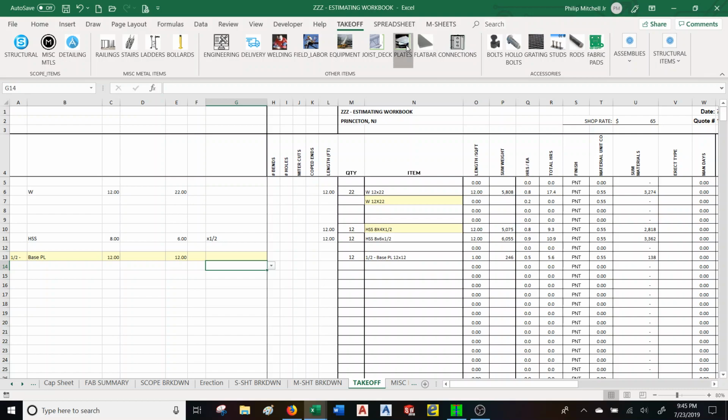Plates again. Let's pick a gusset plate. Usually it's 6x6. All of those. Now, stiffeners are very different. There's many different types of stiffeners and purposes, but for this example, I'll just go off of a generic stiffener for